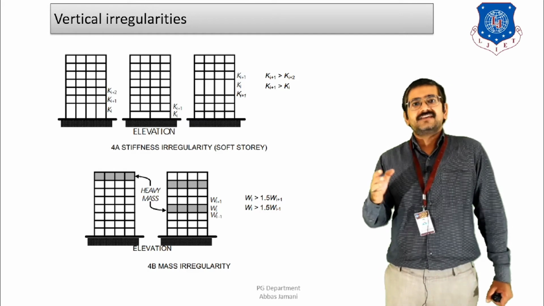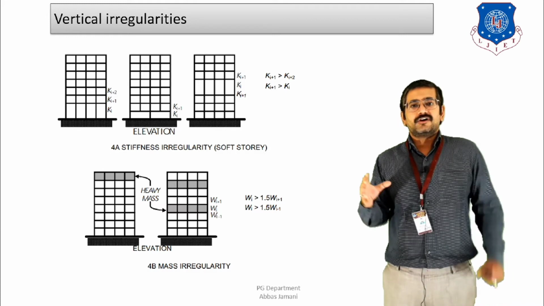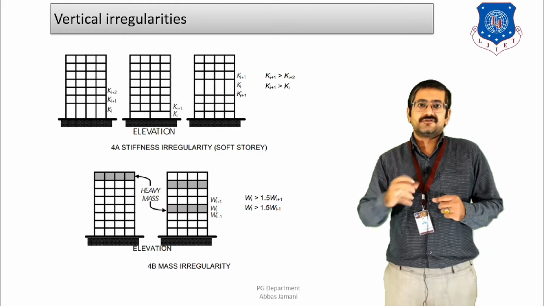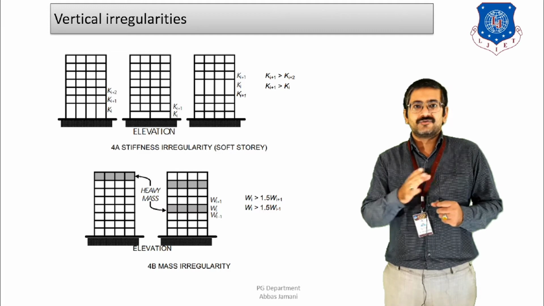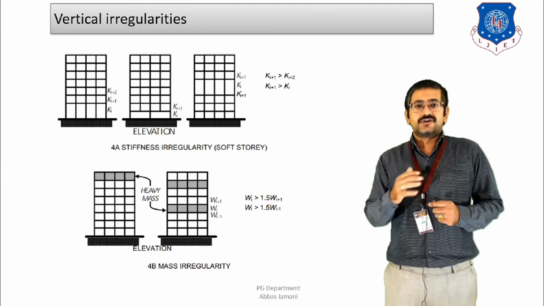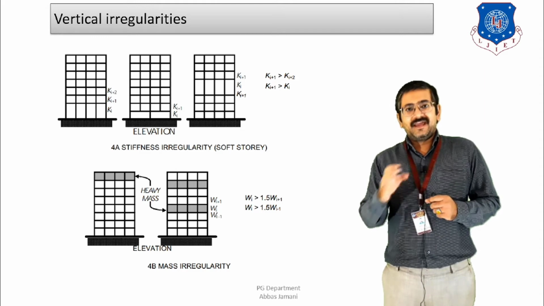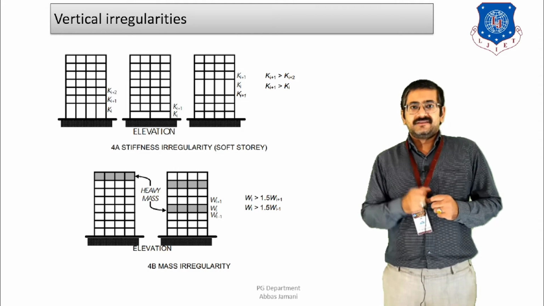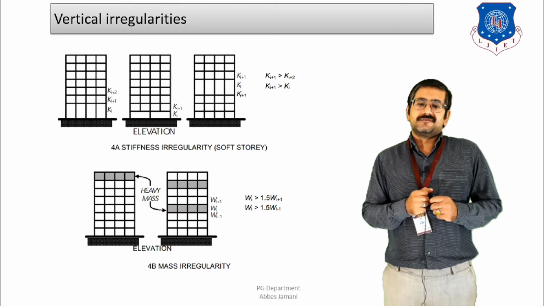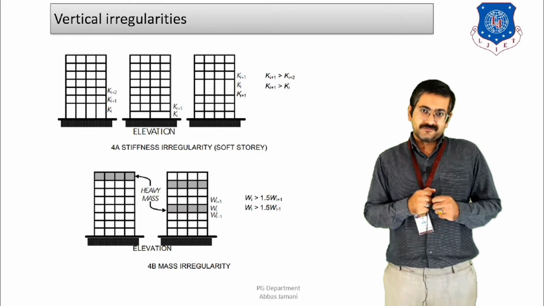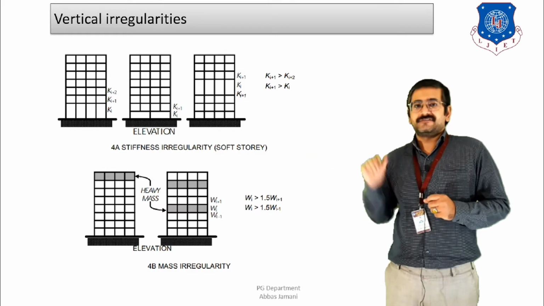So when this event takes place, a lot of people are going to gather. That is, the entire number of residents staying in the building are likely to come to that particular floor. So in order to have more ease of breathing and avoid suffocation in the building, usually the height of the stilt floor is more as compared to that of the other floors. So these are the three different types of cases that are shown.